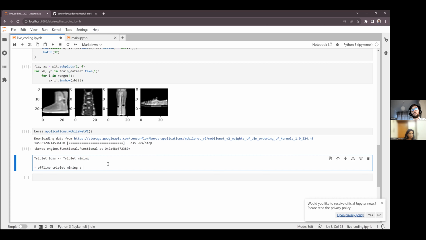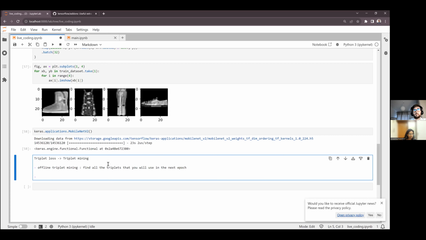That means that we will look for all the triplets that we will be using in one epoch. So find all the triplets that you will use in the next epoch. I take the whole data set and find all the triplets that I want to use. So I take one image, one similar, and one dissimilar, and I will train the model for one epoch and update it again and again.